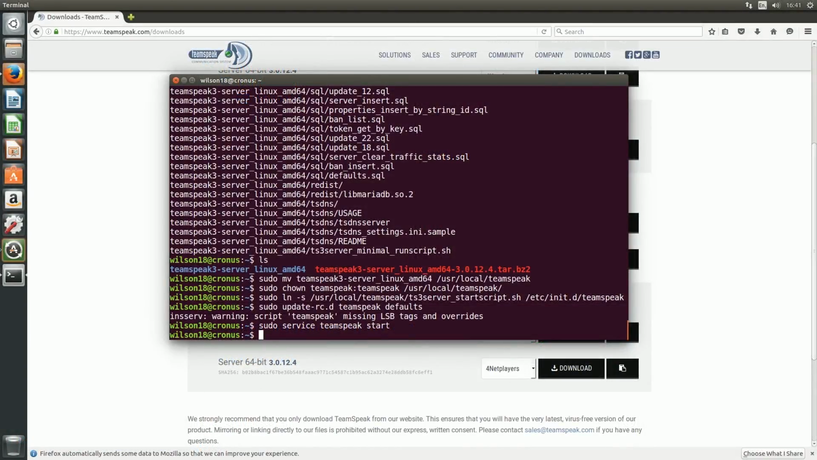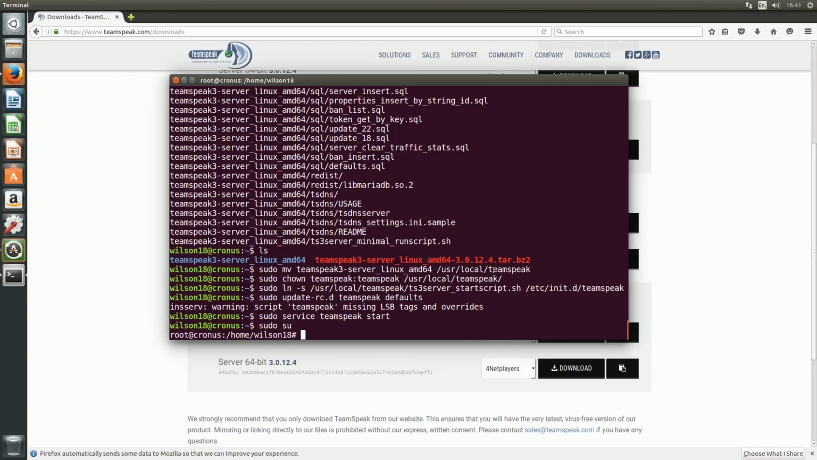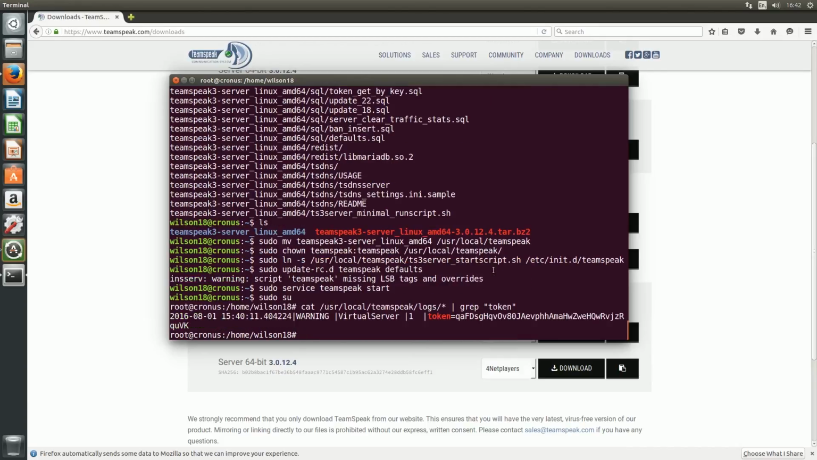To get this, the easiest way is to go back to the terminal and type in sudo su to switch to the root user, and then type cat /usr/local/teamspeak/logs/*, then the pipe, and then grep "token". It helps if you spell it right, which I spelt wrong the first time I typed it in. Then click enter. This will traverse through all of the different log files looking for something that looks like token and then a string. So if you right click and click copy and go back to the TeamSpeak client,